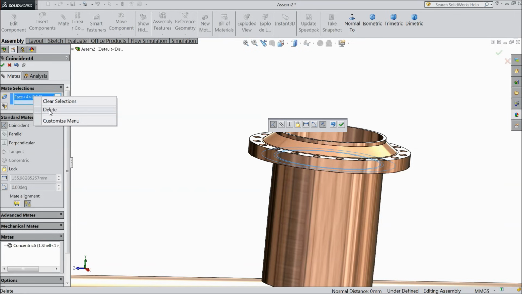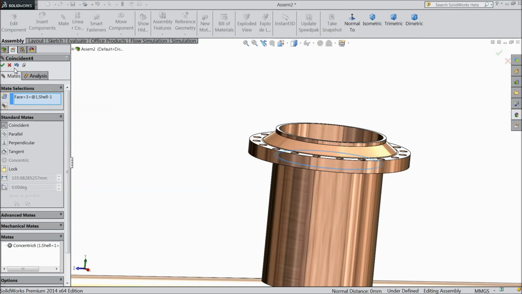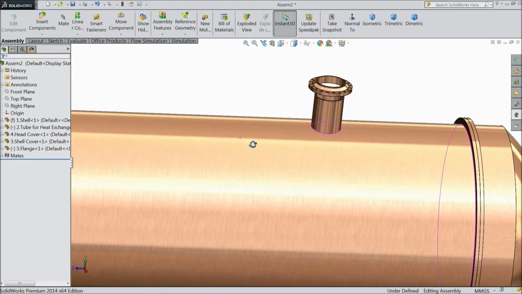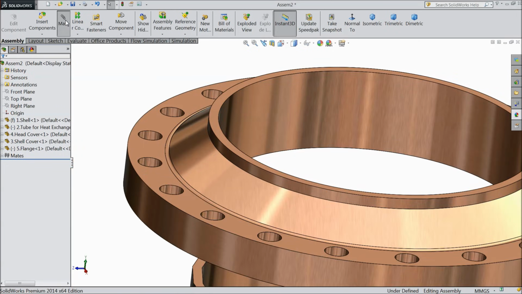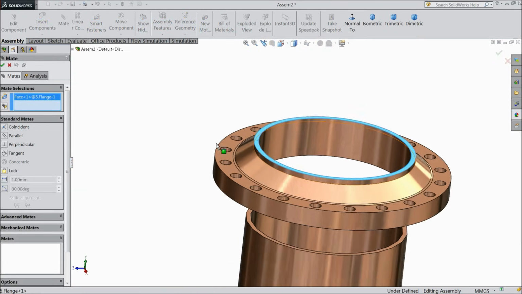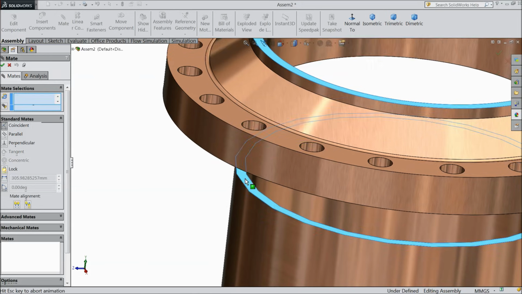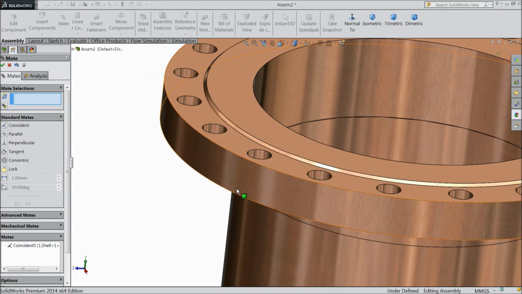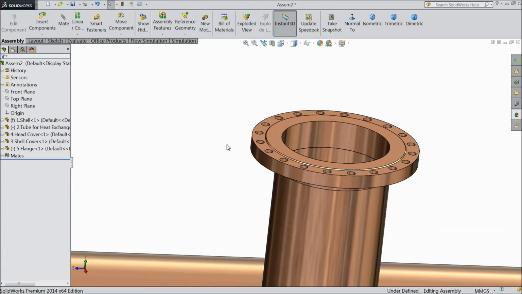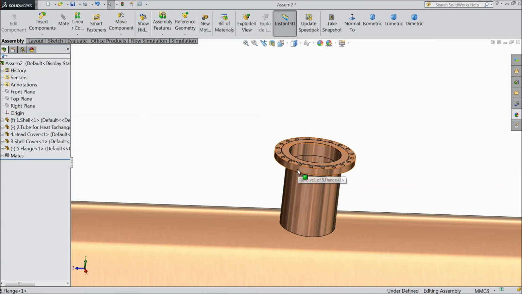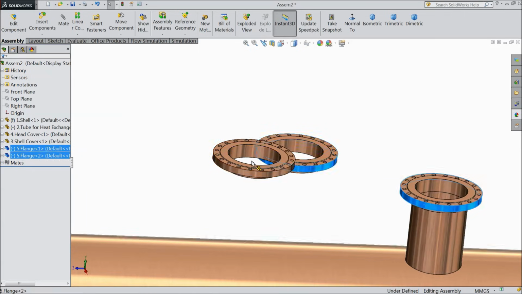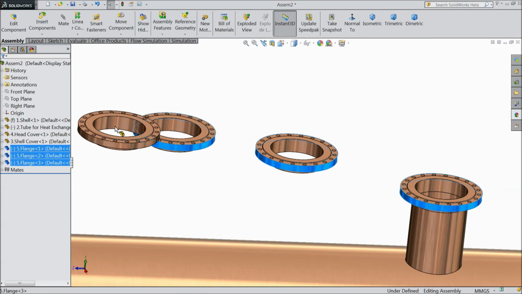Sorry, cancel it. Choose mate and select this face and this face. Reverse direction. Select OK. Now press Ctrl, click and copy. One more copy and make one more copy.